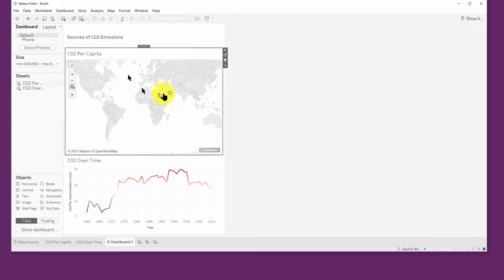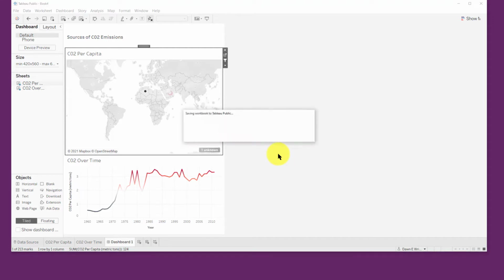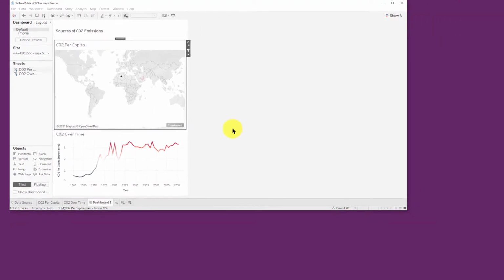So now we want to share this, and I'm going to go to File, Save to Tableau Public. Now you have to give it a good name, and you need to have an account, a profile with Tableau Public, which is free to set up. I'm going to save it. It opens up into my Tableau Public account,